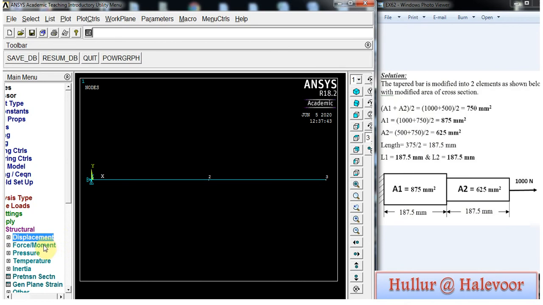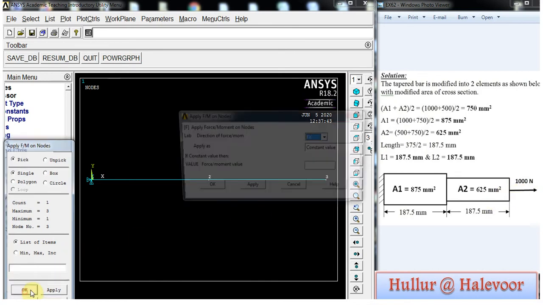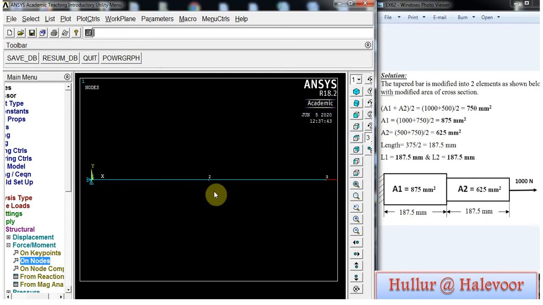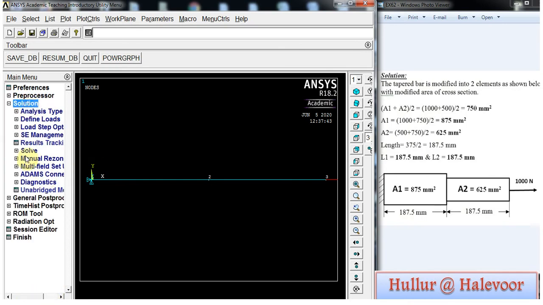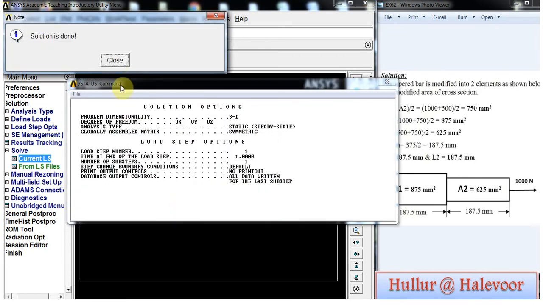Then minimize displacement, go for force moment on nodes, apply 1000 newtons on node number 3, click OK, in the x direction 1000 newtons, click OK. Now we have entered all the values, go to solution, solve, current load set, click OK, then close.